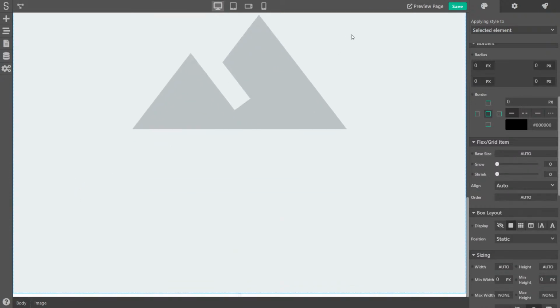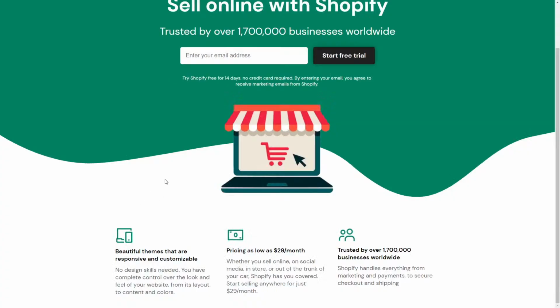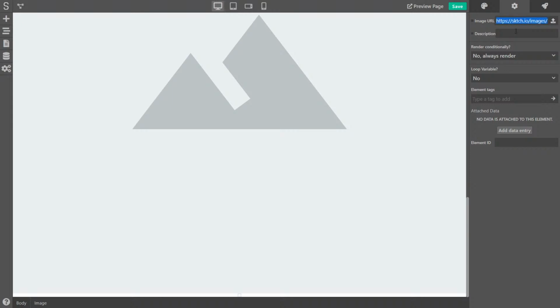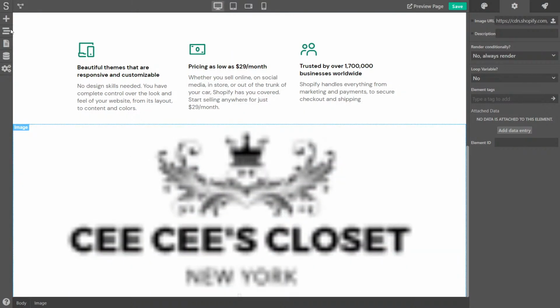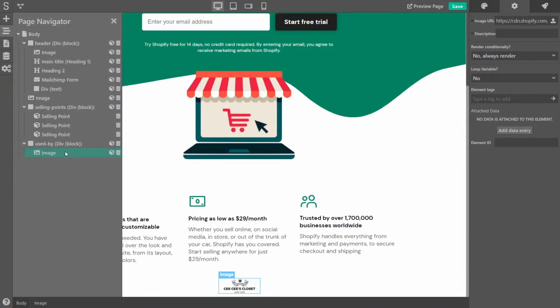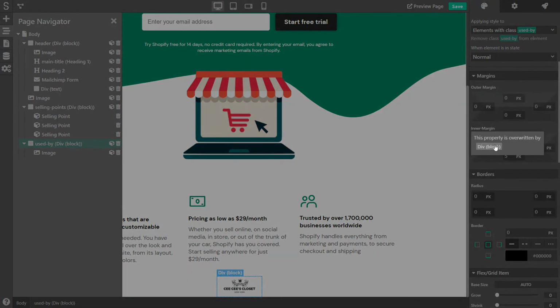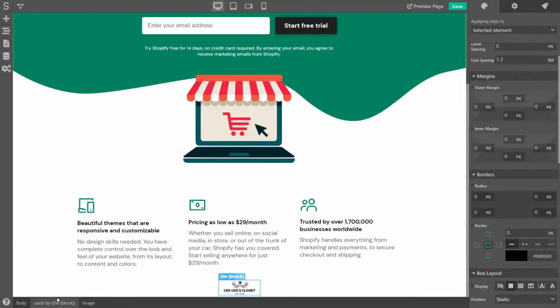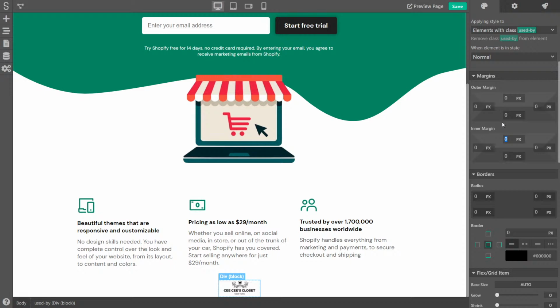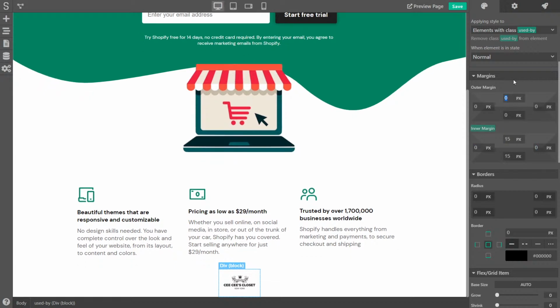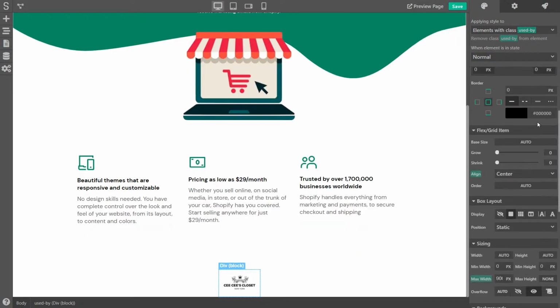All right, now we can change for this first logo. Let's copy the link. All right, we need to move it inside here like this. Now the used by, we're gonna add a, well, let's remove the default margin. Let's select it again. Let's add now maybe a margin of 15 pixels like this. And an outer margin of, I think, something like 90 pixels at least. And